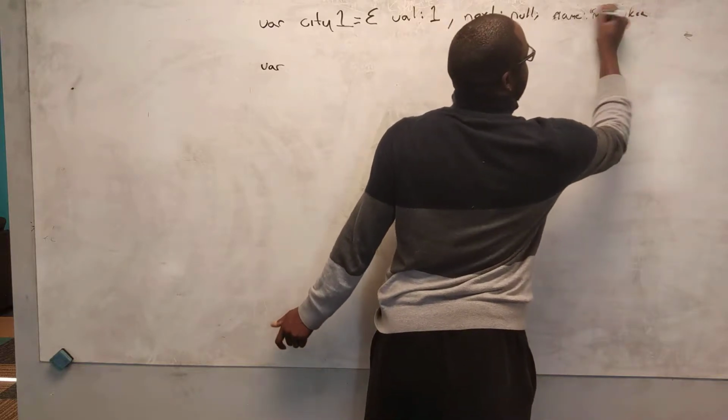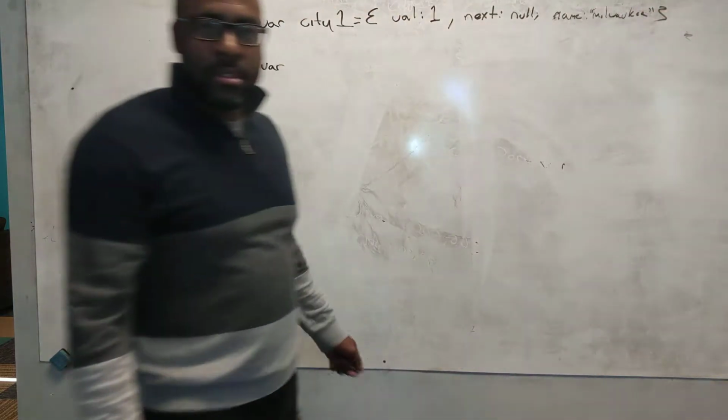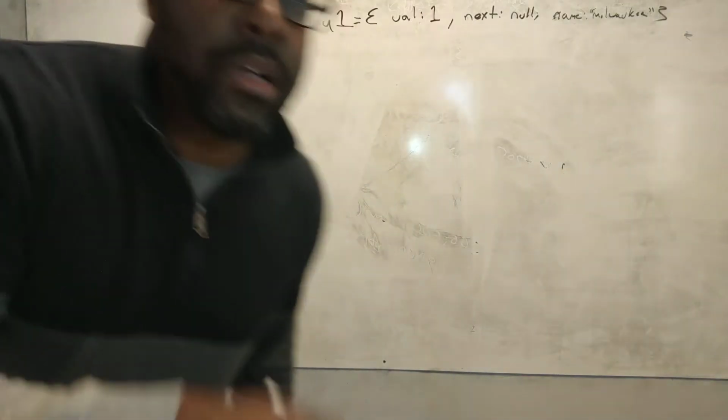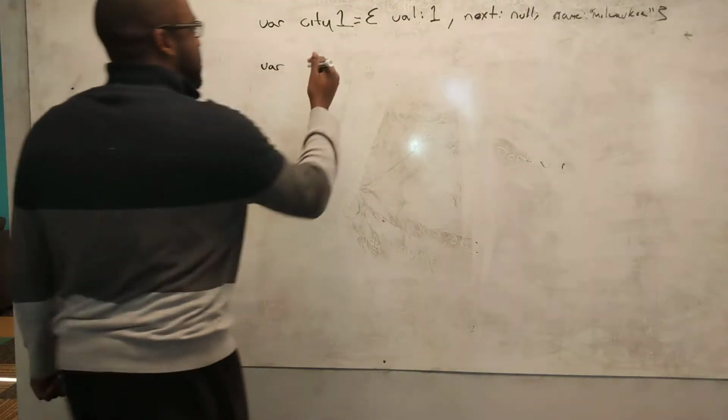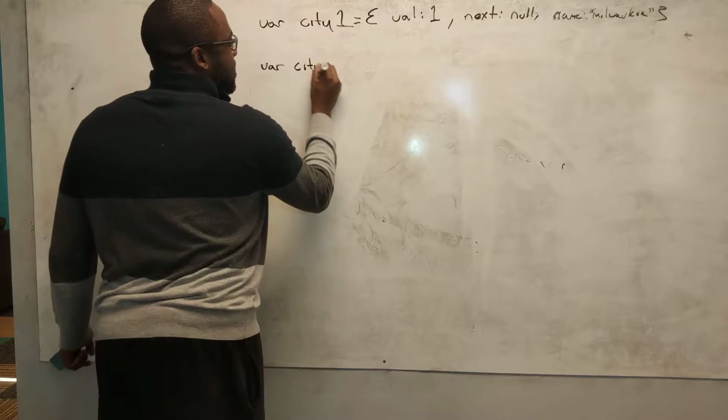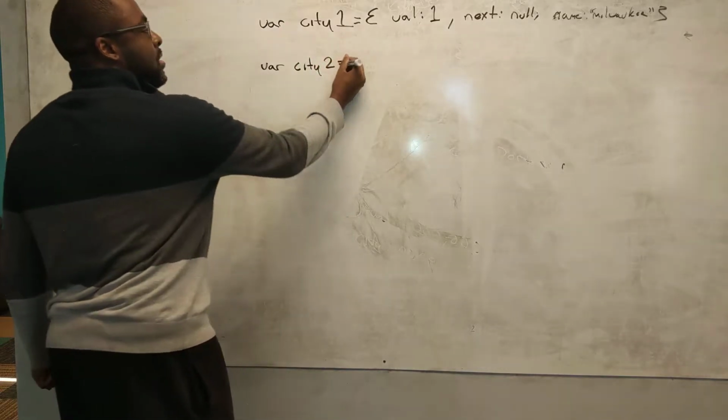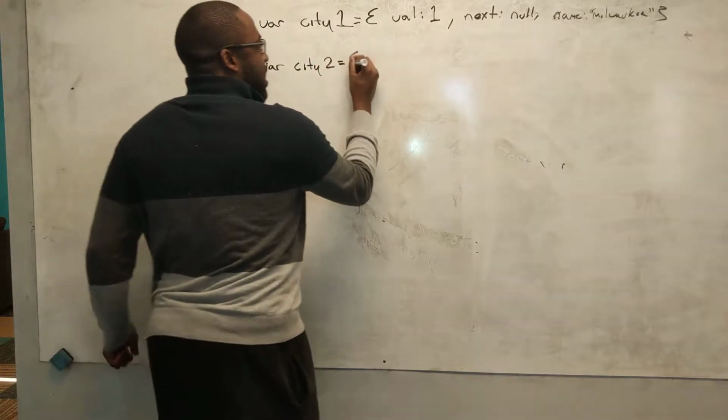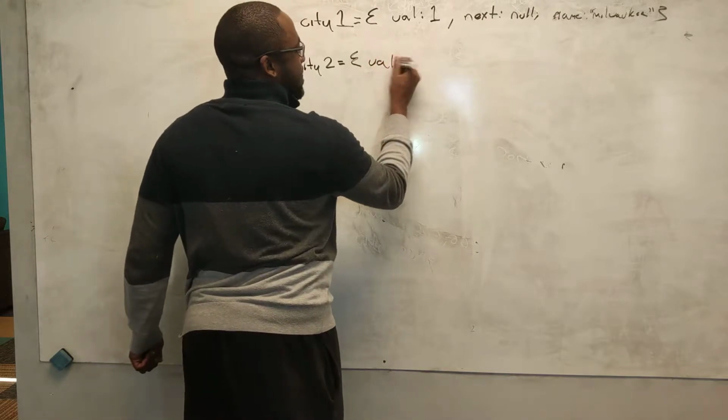Cool. And we'll make that a string. Perfect. So hopefully you guys can see that on the board. Hopefully I'm not writing too small. Okay, so let's do city 2. City 2. So what we'll do here is do val at this city